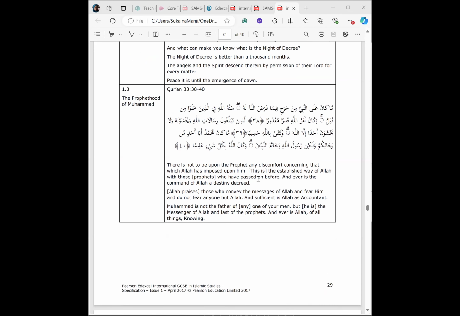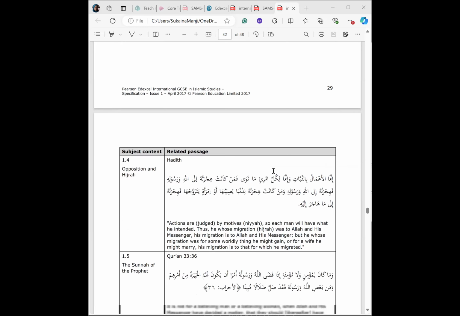1.3, again, you can see another text there. I'm not going to go on to each text, but just for the purpose of you being familiar with the text and how you could actually use it in the classroom, here is a suggestion as well. So let's see another text from